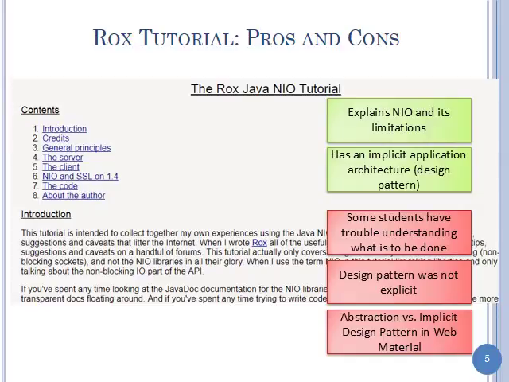So, when you have a problem, you often go to Stack Overflow, you get a solution, and you change it to your problem. Sometimes you don't have to make any changes, sometimes you have to make many changes. And often you make the changes without really understanding what that code is doing. Okay? And if you took that approach, students had trouble morphing it. There was a design pattern, but it was not made explicit in that tutorial, so people had trouble getting it. And the reason why Stack Overflow is used so much